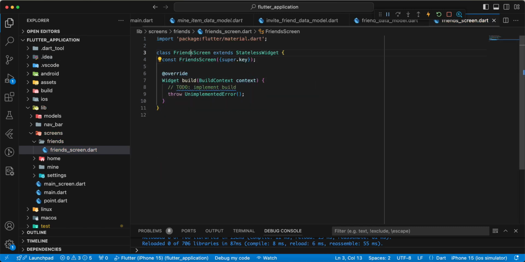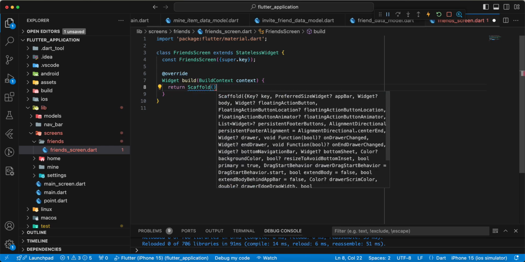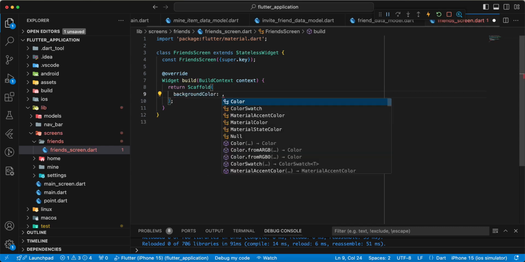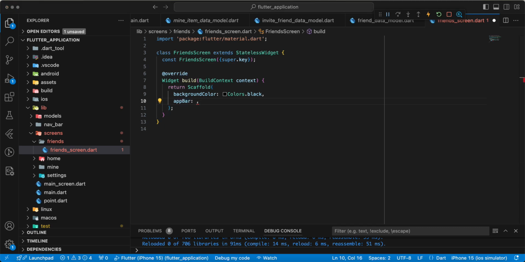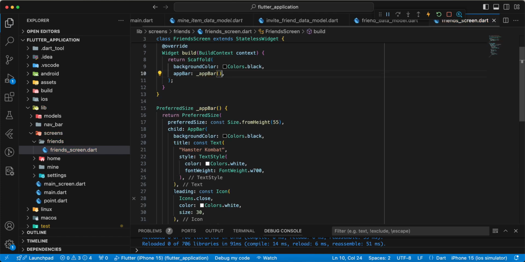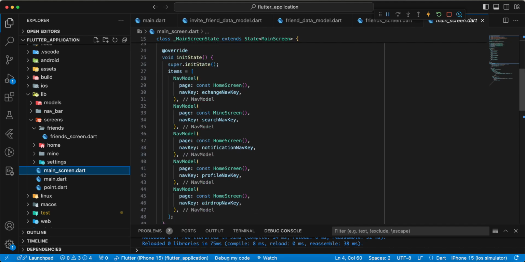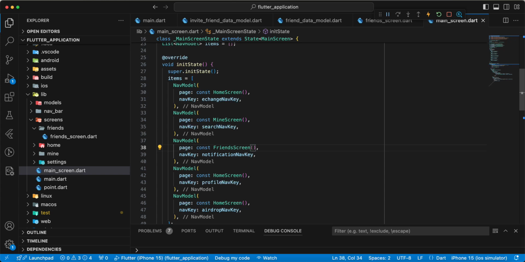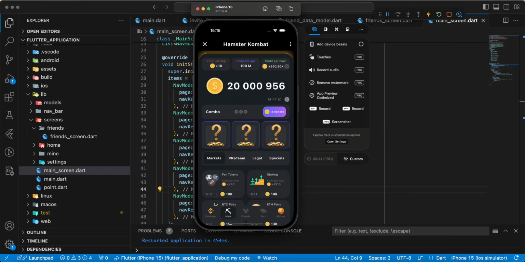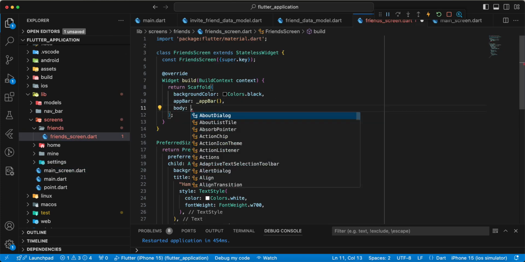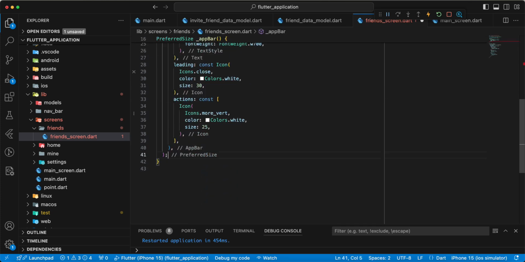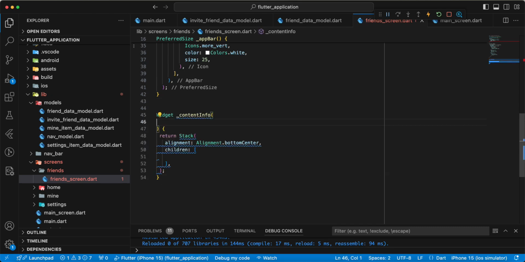add method build, add constructor, then we write return Scaffold, write background color, write Colors.black, write AppBar and add AppBar, then we add friend screen to main screen, hot restart and open emulator, and then we write body and add content info, add information, then we add information about invite friends and friends,